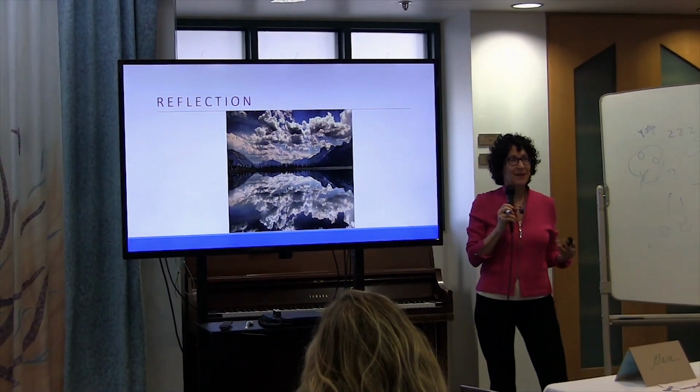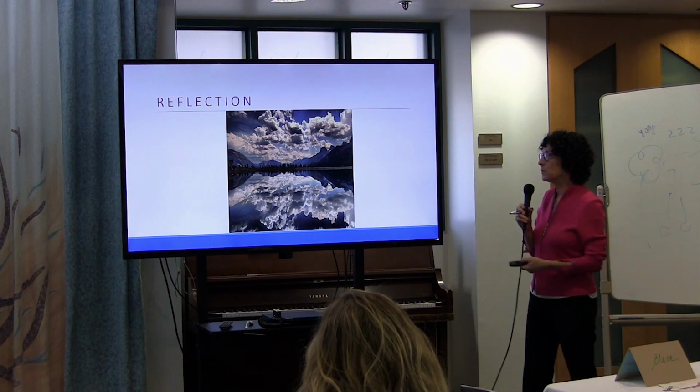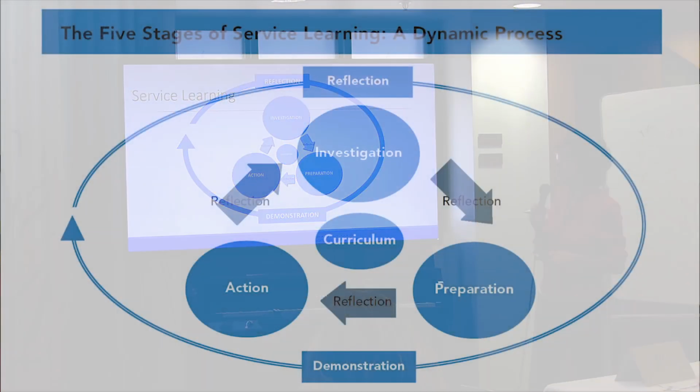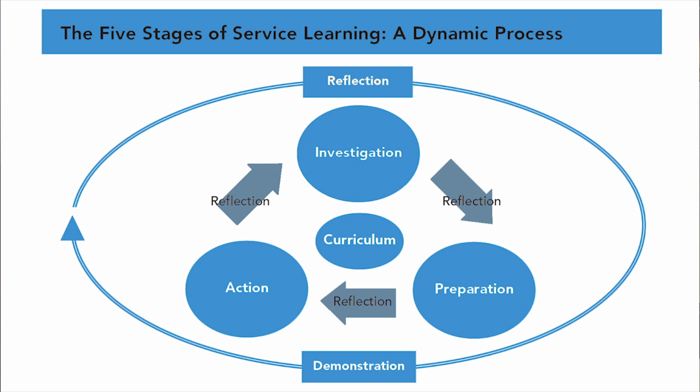So, reflection. I mean, the word reflection actually comes up a lot when we talk about the service learning process. And in your handouts, you have this on the front page. This is the dynamic, I call it, of the service learning process, depending on where I am in the world. And when I first designed this shape, it was about 4 years ago now, because we used to list it, which is great. You need a list like what ECSL does. I love the list over there. It helps us think about it.